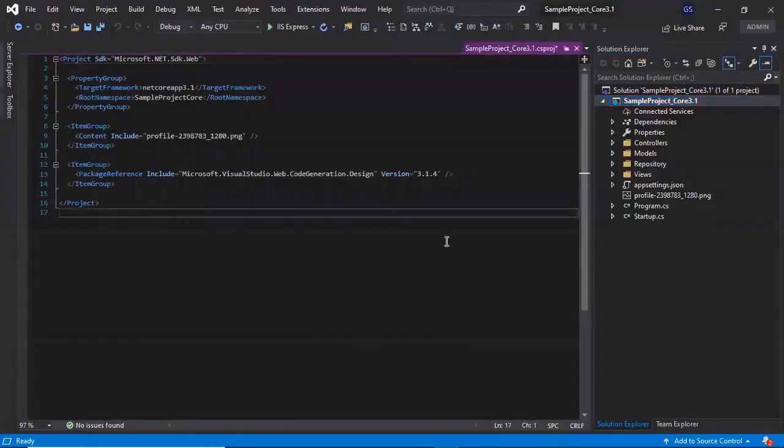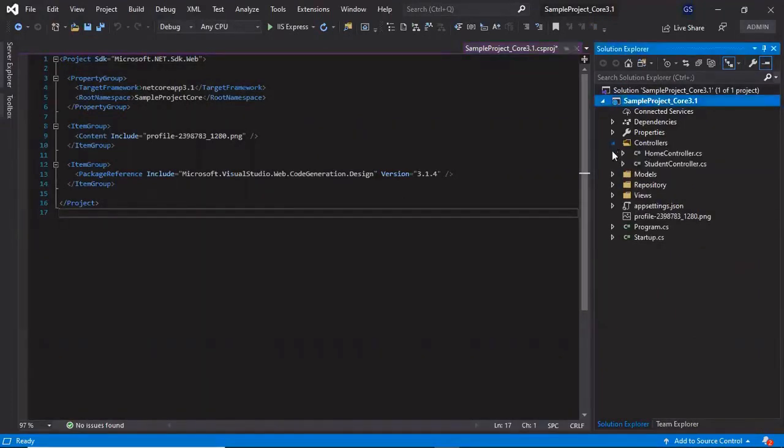So we are in our project which we have created for this video tutorial series. View files are located in the Views folder in the root directory of our project. For each controller, we have a separate view folder created. As of now, we have two controllers in our application. First is the Home controller and second is the Student controller.